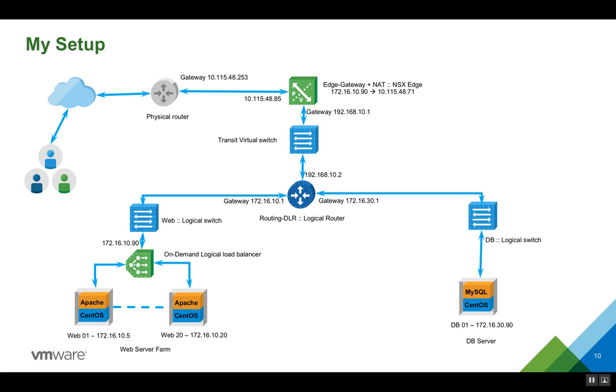my edge gateway. So the transit switch, the router, which is connected to the uplink for the router, is 192.168.10.2, and the inside link for the edge gateway is 192.168.10.1. So for the router, the gateway is 192.168.10.1. Now that logical edge gateway that I have also works as a NAT. So I have NAT configured in there. So the external network for the edge is